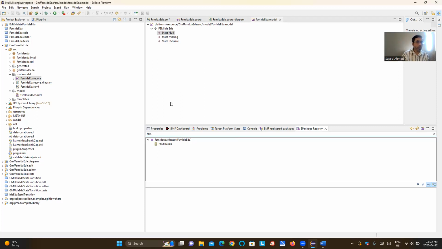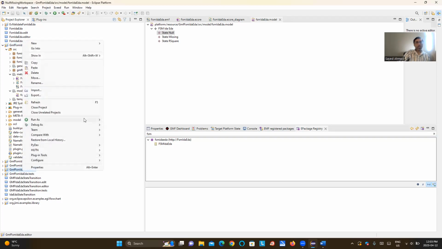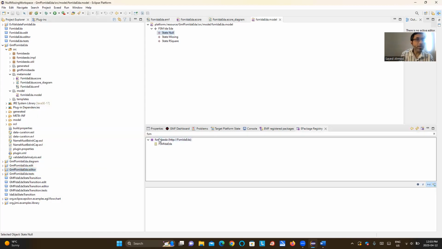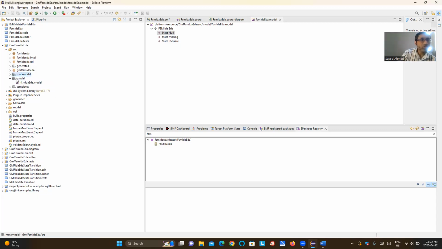Or what you could do, let's say, GMF, FSM, IDA, EDA. There is this one, right? If you go and run as class application in that area, in that second interface, you will be able to create those models as well. Okay, let's not go there. I'm just trying to do some EGL and EGX, right? Okay, so this is the